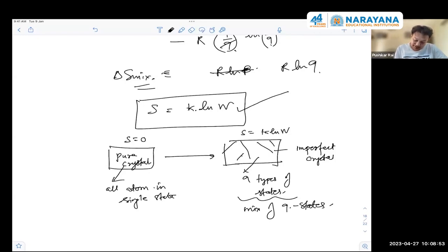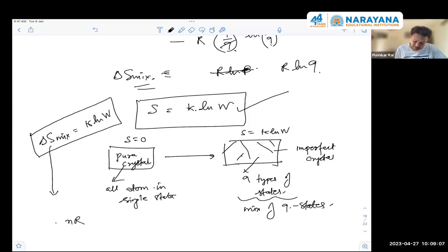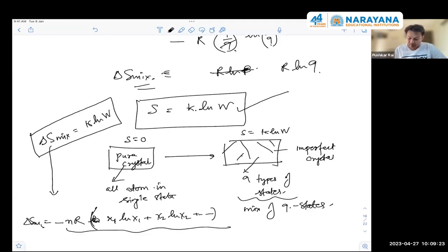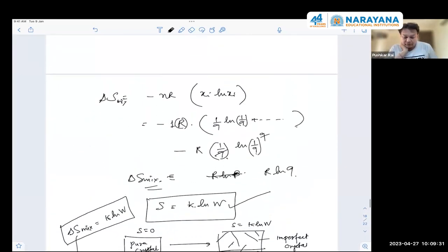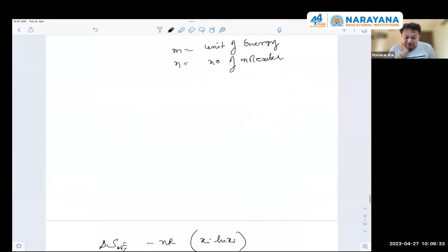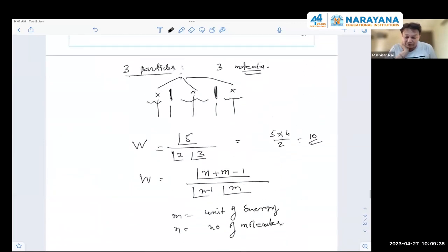So what is delta S mix? We already know delta S mix is equal to nR, sorry, X1 ln X1 plus X2 ln X2 plus so on. All right, do you understand this? So this one question is based on the third law of thermodynamics, which tells us that even at absolute zero,